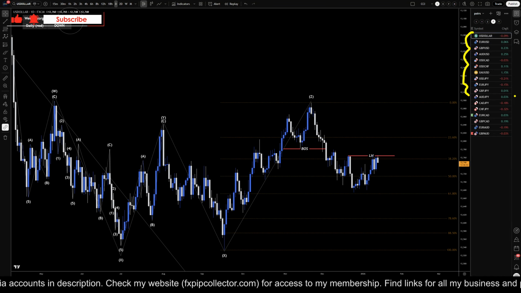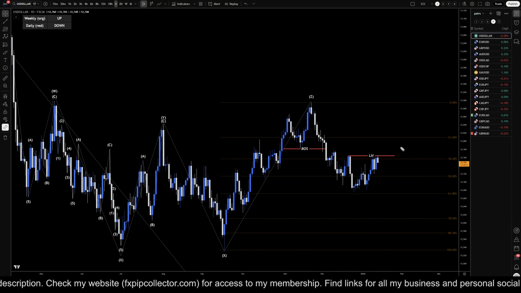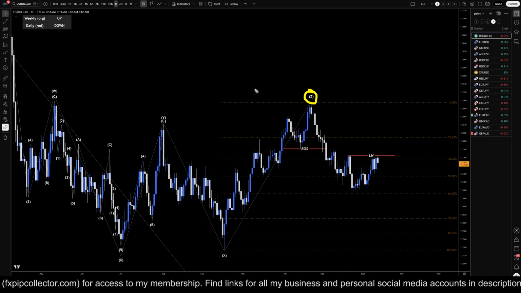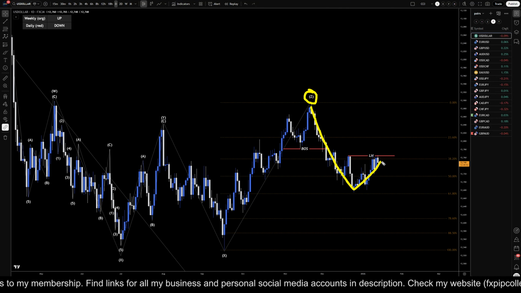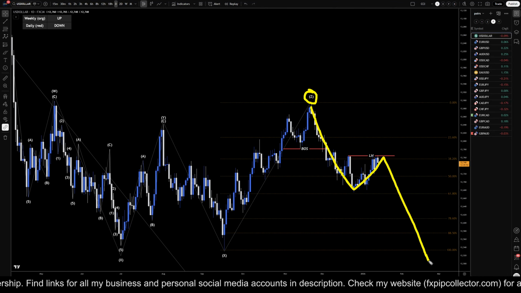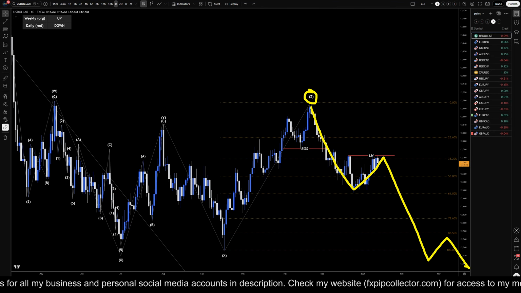So anyways, I always start off with the US dollar index. Like I've been saying, this could be the end of a wave Z right here, the end of a pullback. If it is the end of a pullback, then this would likely do something like this. So down, up, and then down like this for a 1, 2, 3, 4, and 5 shape, like an